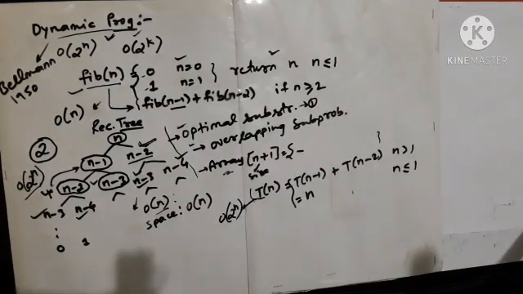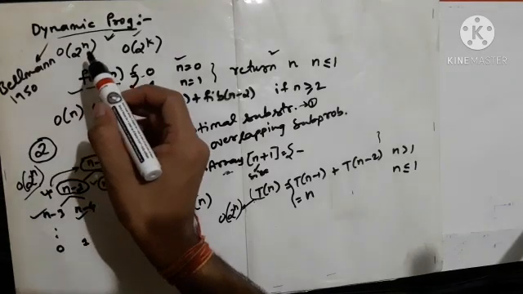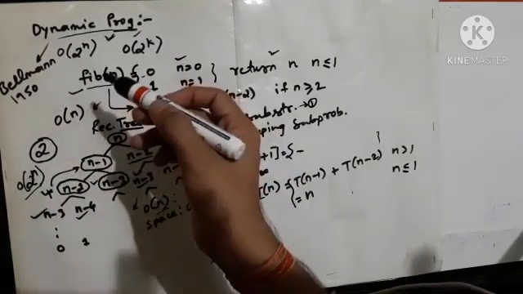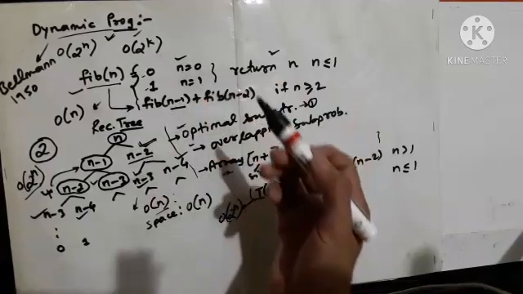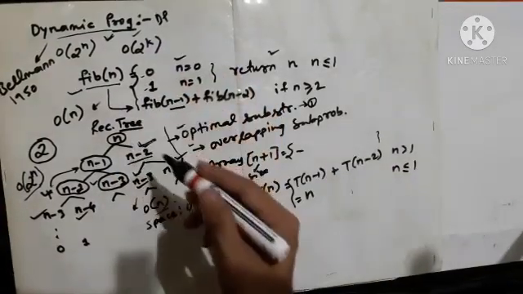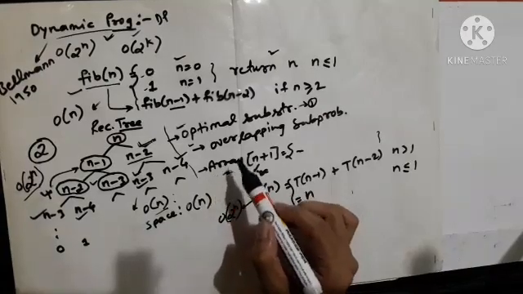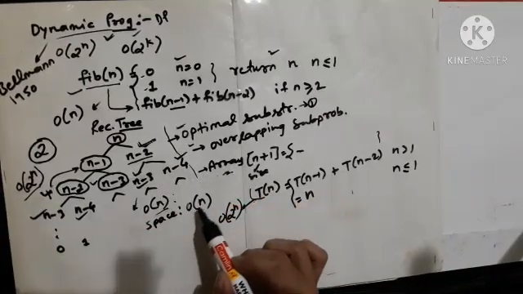So in the previous video we have already discussed how to identify whether a problem is solvable by dynamic programming or not. And I have also told you that where a problem has a time complexity of big O of 2 to the power n, then that type of problem might or might not be solvable by DP. Dynamic programming, also known as DP. In DP, what we have observed is that after using dynamic programming, basically this array concept we have to use, the time complexity reduces to big O of n.